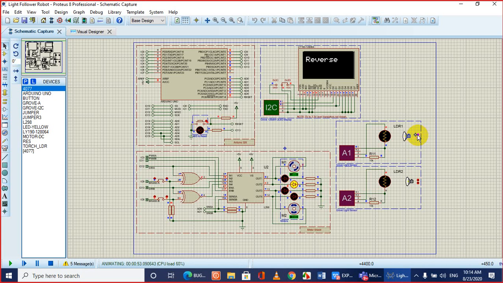So in this case, the motor should run in forward direction. But our simulation shows that it is moving in reverse direction. So I think we need to adjust the code to fix it. Look at over here. LDR1 has a higher value than LDR2. The motor should run in forward direction. Still the motor is running in reverse direction. So let me see what things we can modify in the code.